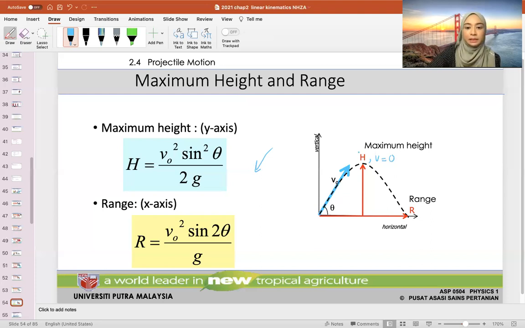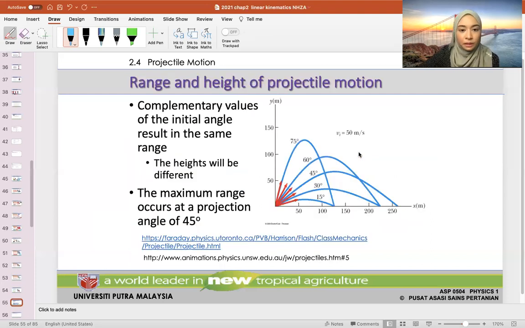I need to show an example. Okay, let's do an example. Range and height of projectile motion. Okay, so as you can see here, if your angle is small, you will get a smaller range, patutnya further. So dia cakap kat sini, complementary values of initial angle result in the same range. Okay, what does complementary value mean? Complementary means theta 1 plus theta 2 will get you 90 degrees. So let's see, 75 and 15 gets me 90. So they have the same